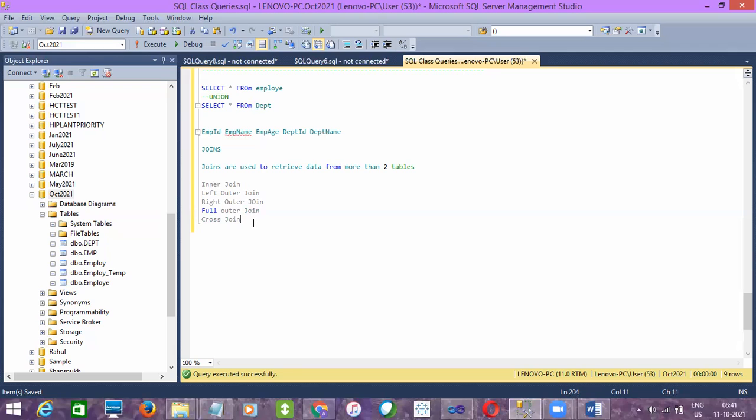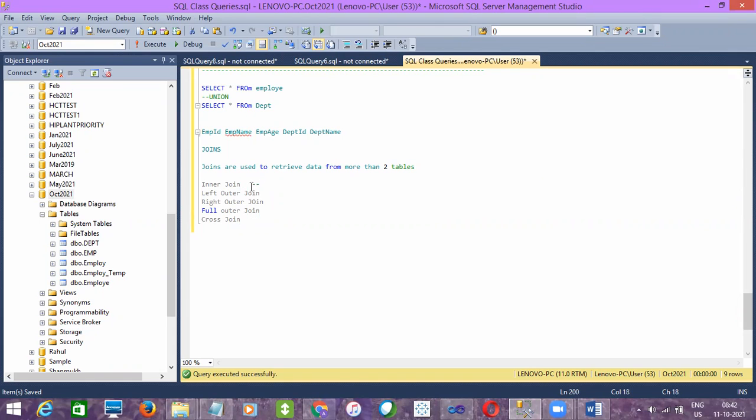By using these various joins, you can combine the result sets of two or more tables. At least two tables should be involved in a join. If you want to involve more than two also, we can; I'll tell you how to join more than two. Now what will the inner join do?